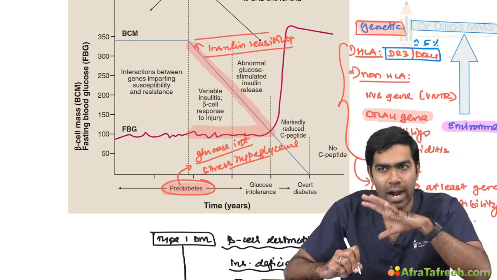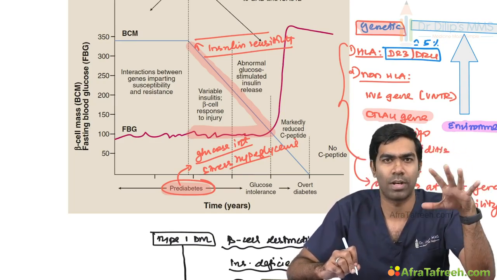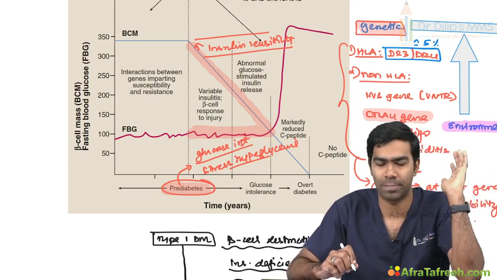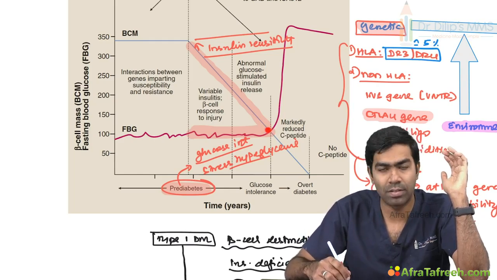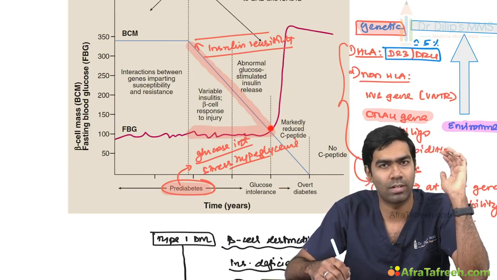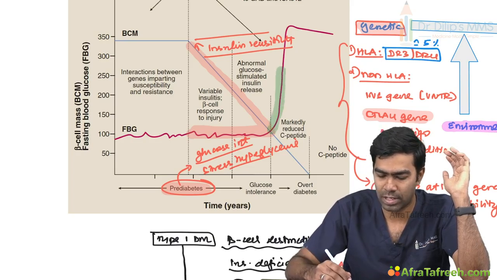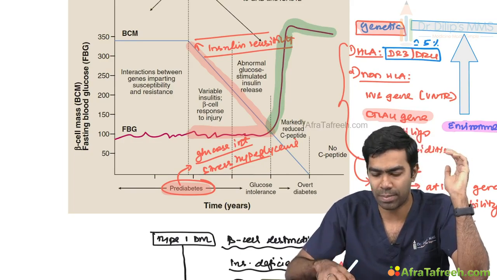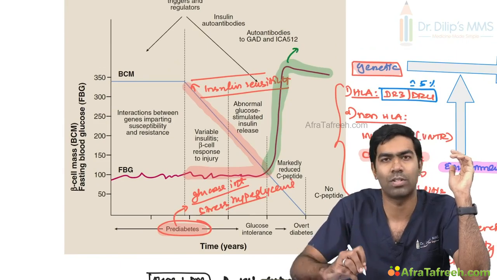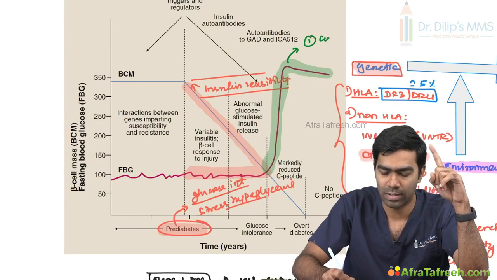So, under normal circumstances, the overall baseline blood glucose will be maintained in the normal range because of the increased insulin sensitivity. And of course, there will be a point where you are going to have a further fall in the insulin secretion, which will result in an increase in the fasting blood glucose and the baseline blood glucose. Why does that happen? This increase happens due to two reasons. One reason,